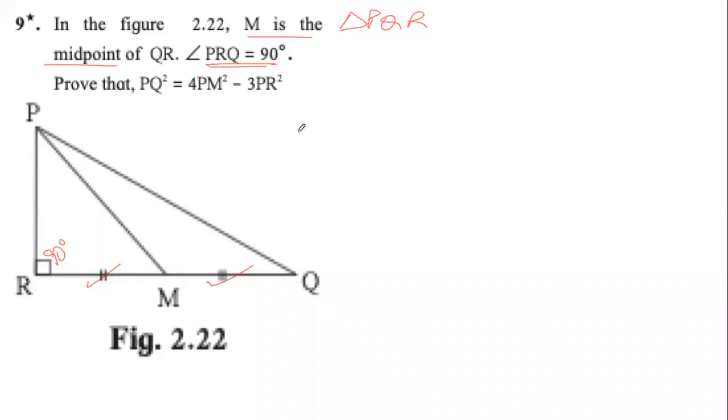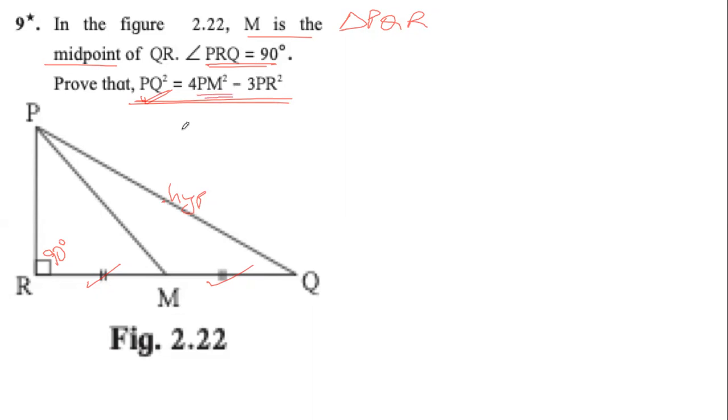So when you look at this diagram, you see a right angle triangle. When you see a right angle triangle, the things that should come to your mind is Pythagoras theorem, the geometric mean, and all those. Then you will try to use those things to solve. That's first thing that you have to think about. The second thing that you need to think about is, what is asked in the proof? Something is asked about PQ. What is PQ? It's a hypotenuse. See, it's a hypotenuse.